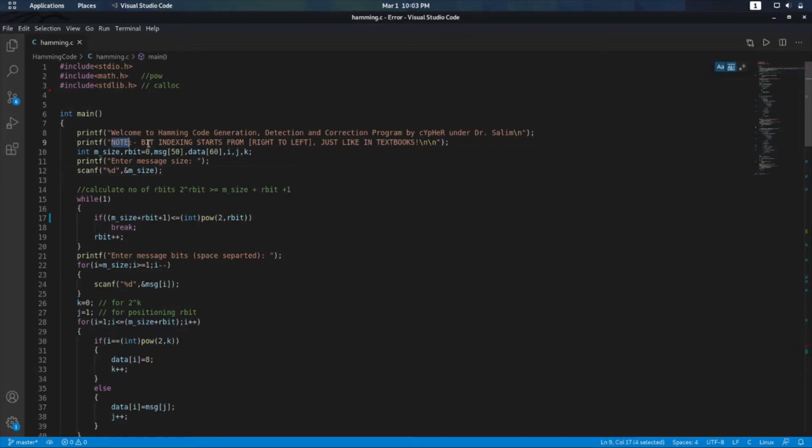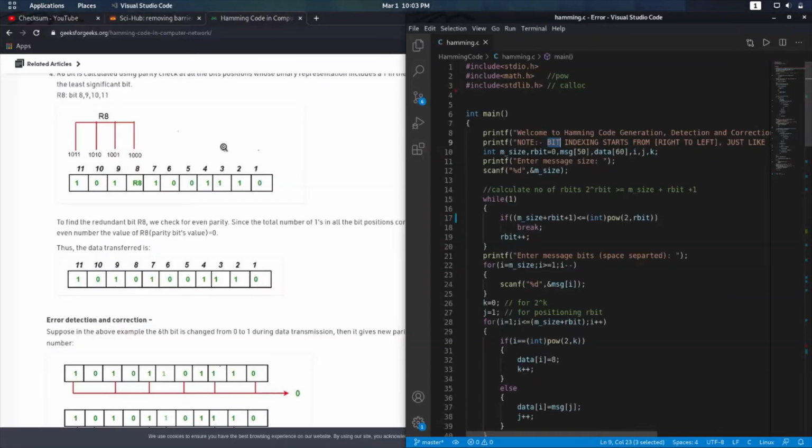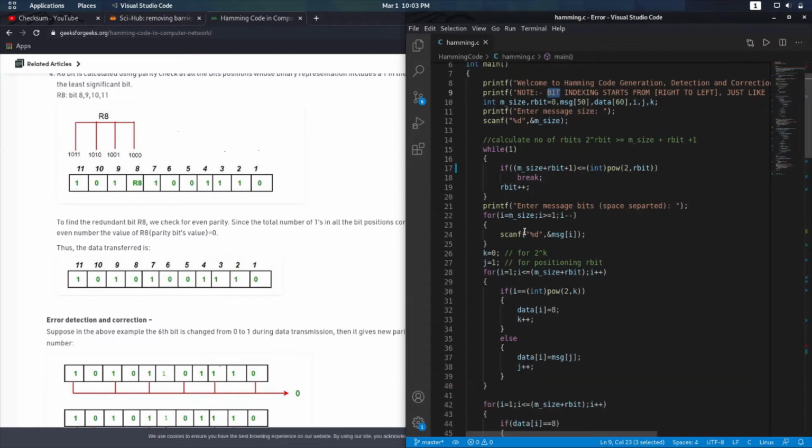And one convention that we have to make sure of is that, just like in the textbooks, let me show you here. The indexing we are considering is from 1, from right to left, so we will be considering it that way only, and that's very simple. We're just taking the inputs in a reverse order, and if you want to do it the conventional way, then wherever in the code I have written this for loop in the reverse order, you just try to take it from index i equal to 1 and proceed further like that.